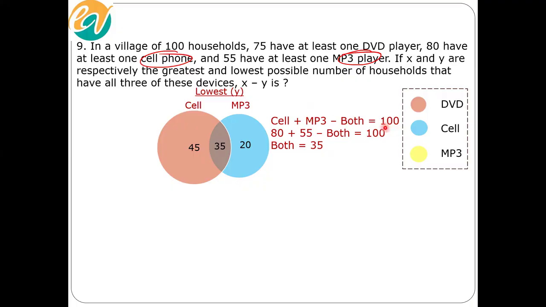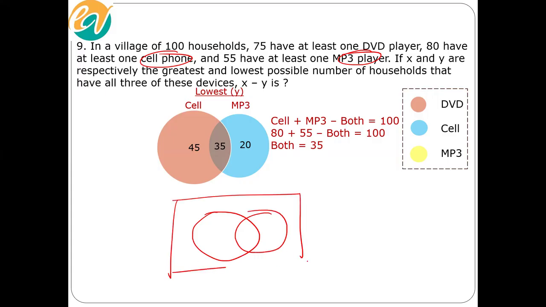Why are we equating it to 100? The thing is that whenever we have, let's say, two variables, this is what the Venn diagram looks like. This is the total. This is none. So the actual formula is, if the entire first circle is A,